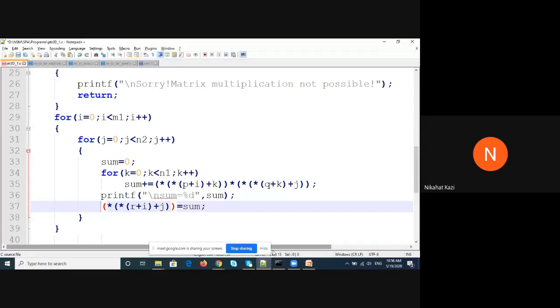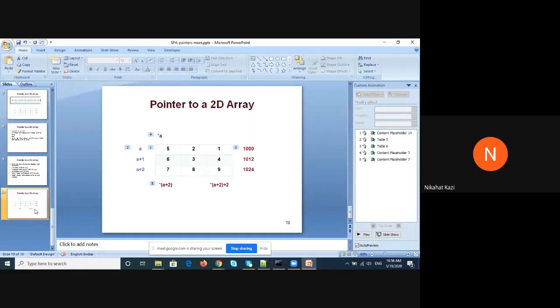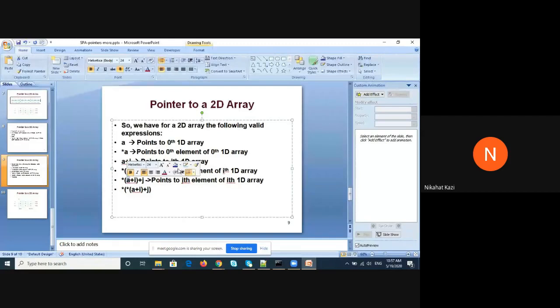So for working with matrices, you simply need to use these expressions. You have to sort of remember these expressions. You can always calculate. I want to show more about this, how you can actually decipher this, how you can do the dereferencing part. Whenever there's a star, you replace this A with what? A will be address of A of 0, 0, and then you do all that kind of dereferencing and get to the actual address. I want to show that, but it's not possible in this lecture.